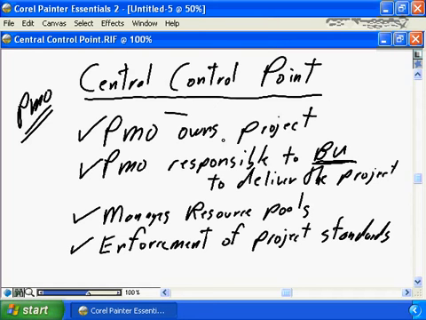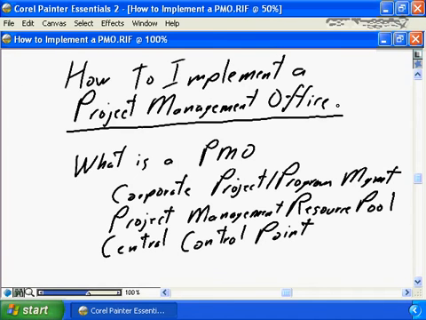This nugget was focused on how to implement a PMO, a project management office, in your organization. Really, the implementation of a PMO is going to depend on what the organization wants the PMO to accomplish. In this nugget, we discussed that there are three main functions, three main ways a PMO can service an organization. It can focus on, provide a corporate project program management view. It can consolidate all project-based information and provide consolidated organizational project program views. Again, we refer to the concept of a dashboard,